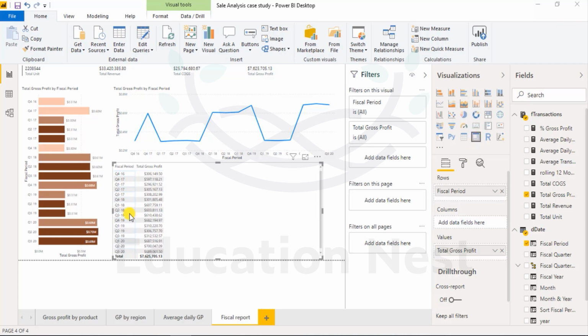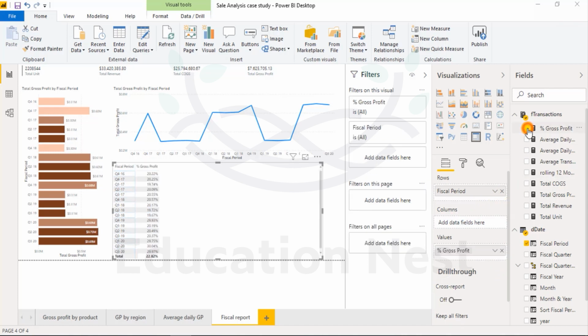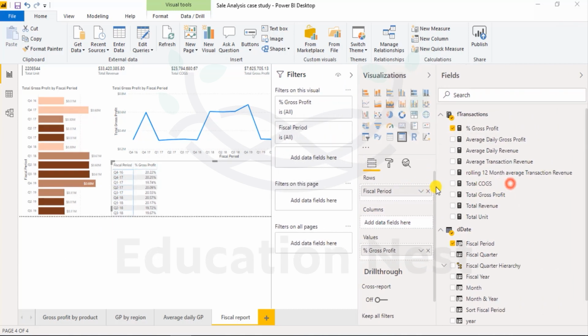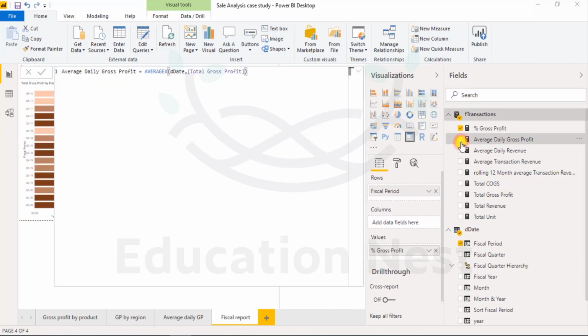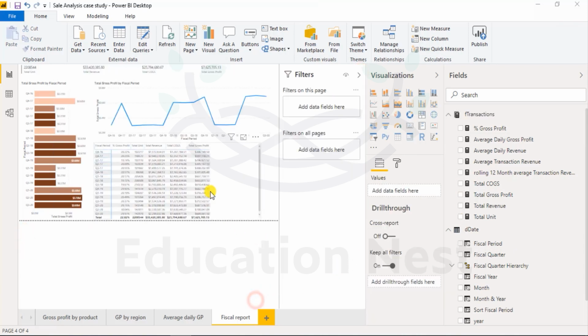Here I can show, fiscal period wise, the percent of gross profit, the average daily gross profit, total units sold, total revenue, total cost of goods sold, and total gross profit. If you click on a blank canvas, you're able to view this